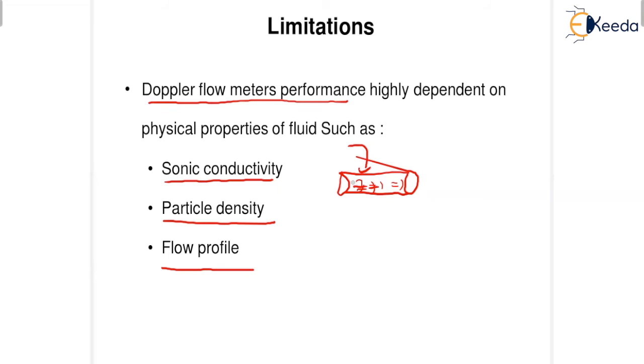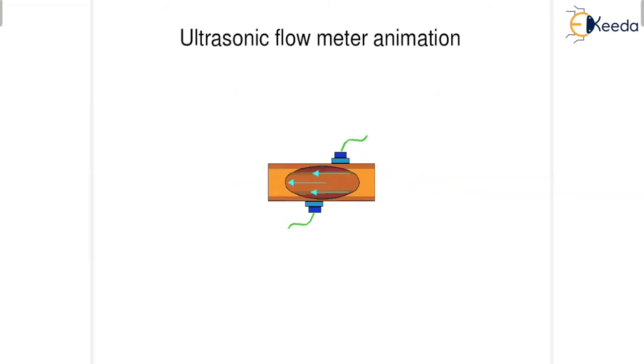Next, the ultrasonic flow meter. This is an animation showing the flow of liquid inside. Here I have connected the ultrasonic signals. This is the transmitter section, and this is the receiver section. Here I give the frequency ft. The change in the frequency because of the suspended particles is this one, my dear students. Like that it is happening.